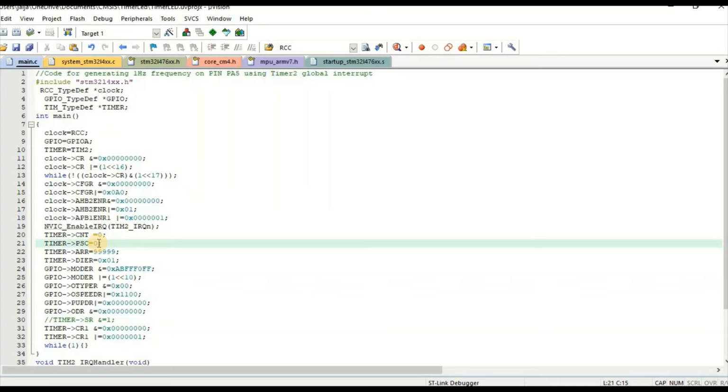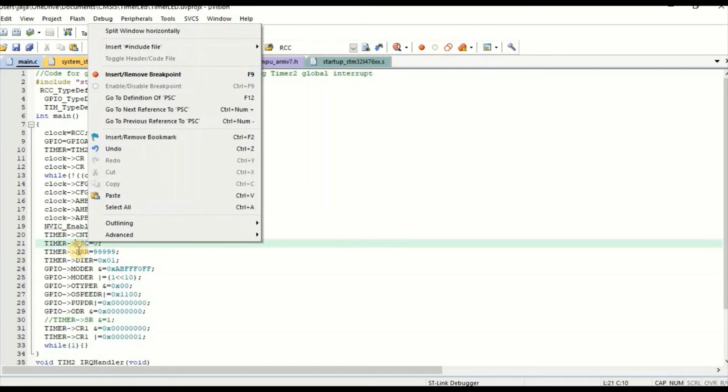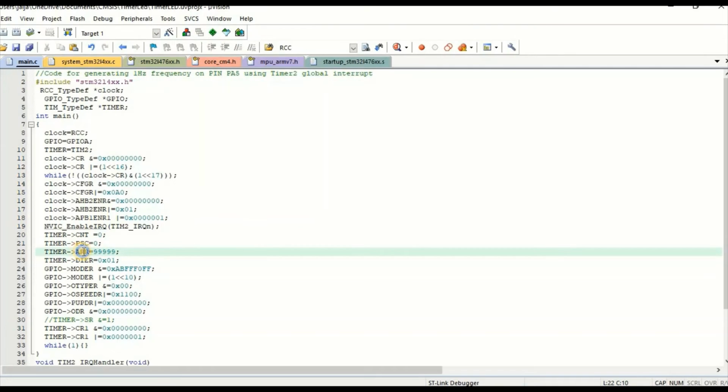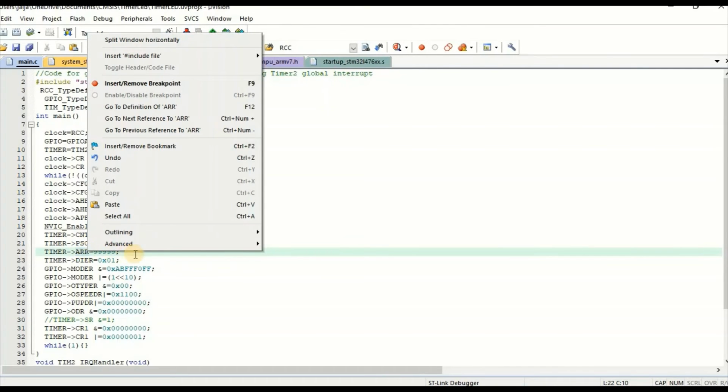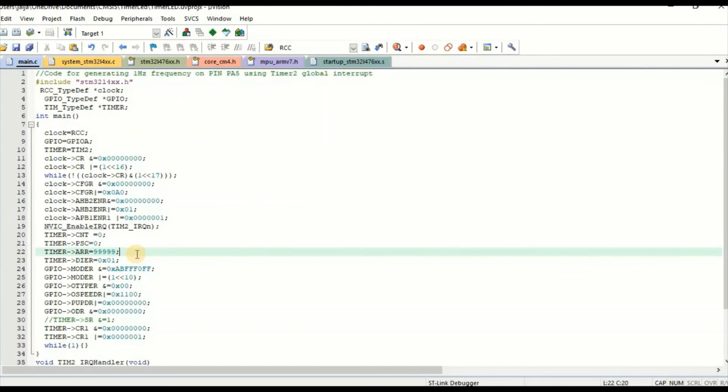The timer frequency depends not only on the prescaler value but also on the ARR value. After you get the prescaler value, you put it in and get a timer clock. Then the timer counts up to this value.